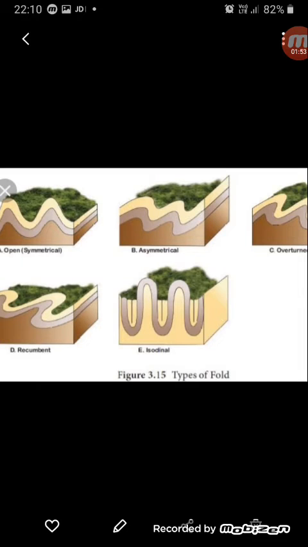Now, fold mountains are formed when the horizontal movement of the earth's crust takes place due to the internal forces and the earthquakes acting together. The heat of the interior often causes disturbances, for which the earthquakes and the earth movements take place. Compression and tension both occur on the earth's crust, and the folds are formed on the rock beds, resulting in the formation of great fold mountains.